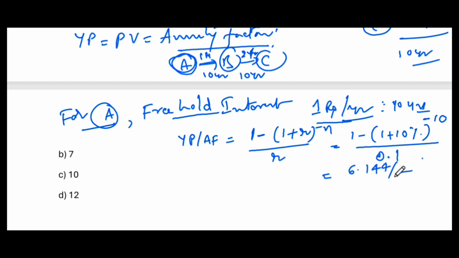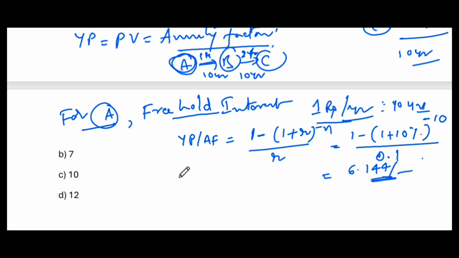So this is not rupees, it is the year's purchase factor. The year's purchase factor will be 6.144, which is the worth of the property today for getting an annual return of 1 rupee from the lessee B from the subject property. Okay. Then imagine, coming to the real picture,